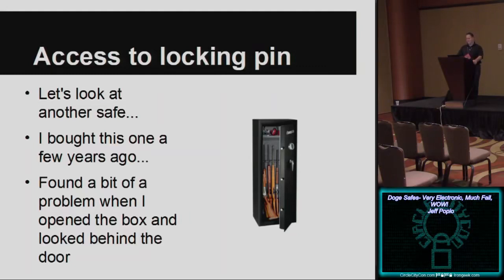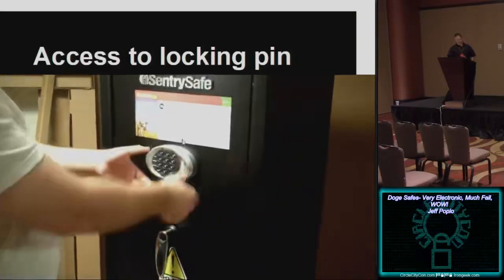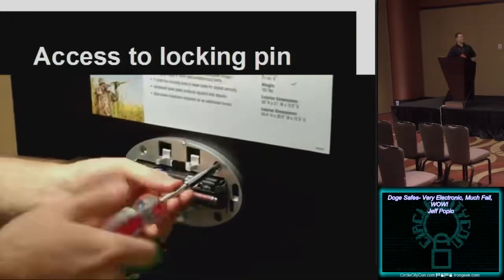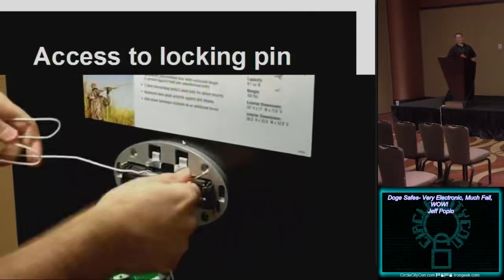So I'm going to just open this thing up, get down to the basement. It's great. Take the door off, look at it, and I'm like, wow. You see the locking mechanism. It's like, wow, this is cheap and bad. The safe wasn't cheap, but the locking mechanism, not so good. In about 5 minutes, I figured out that there's a screw hole in the front of the safe where they mount the keypad, it goes all the way through, and it's like an inch away from that locking mechanism. So we remove the screw, stick a coat hanger in,